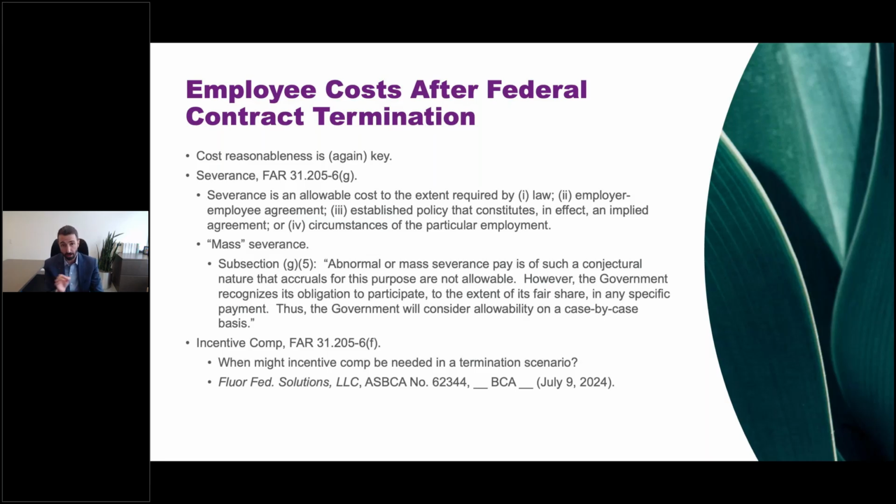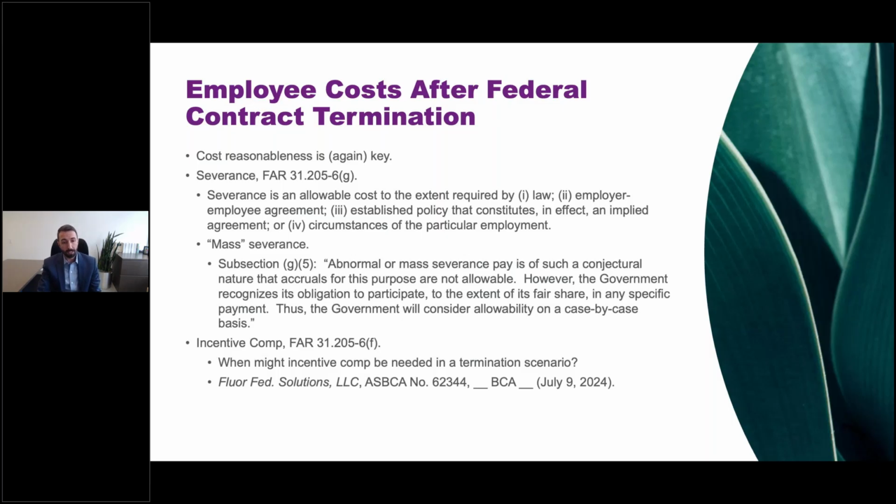Okay. From a contractor's perspective, I think you're going to want to engage with your contracting officer about what that means, mindful of the base starting point of this rule, that severance should be allowable. So when the government says allowability on a case-by-case basis, I think a situation where you have to pay mass severance because of a contract termination is the sort of situation that this clause is probably contemplating, where the government's going to want to and need to pay its fair share, right? But again, reasonableness is really key here. The government's going to want to understand, what are the employee costs you incurred, why did you incur them, what steps did you take to reduce them?